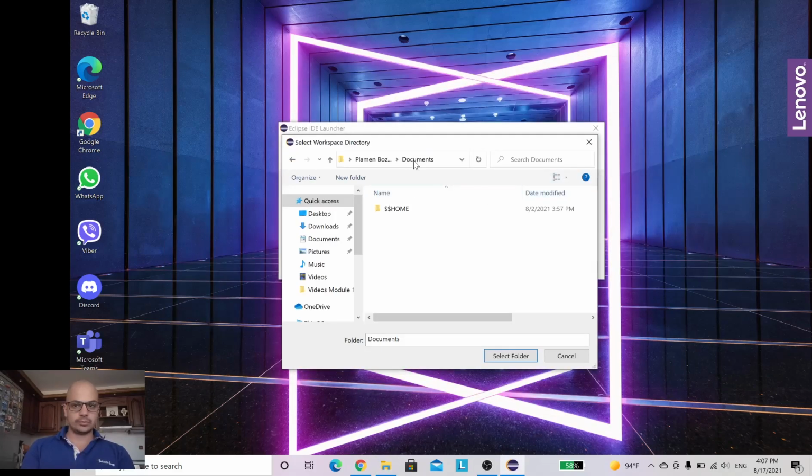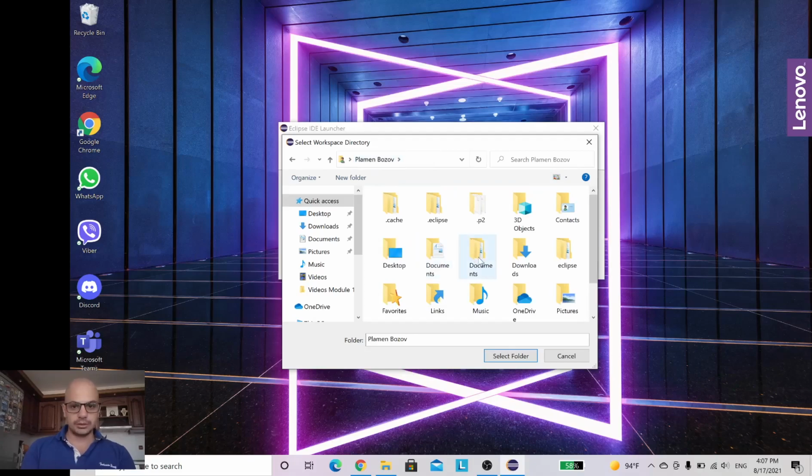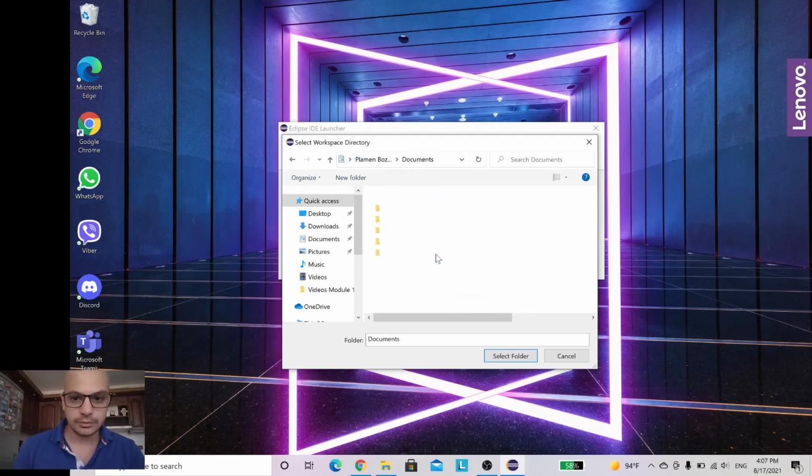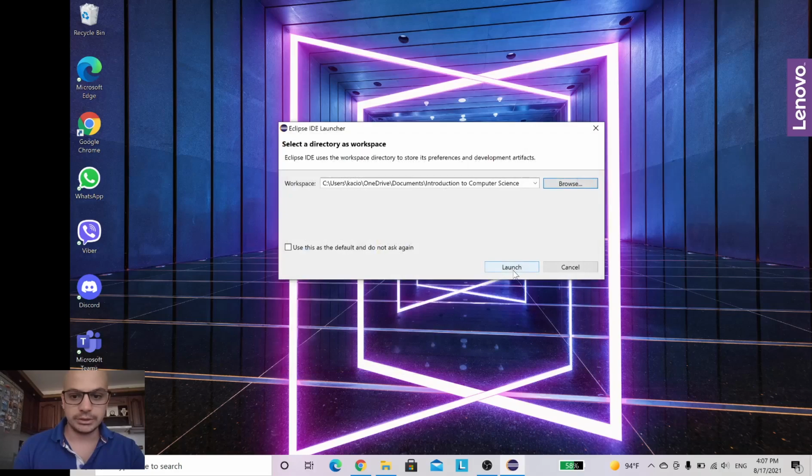Yes, it's in documents and Introduction to Computer Science. So when you select the folder, if you don't want to change the folder again, you can directly click here. Of course, you can change that option always through the Eclipse menu.